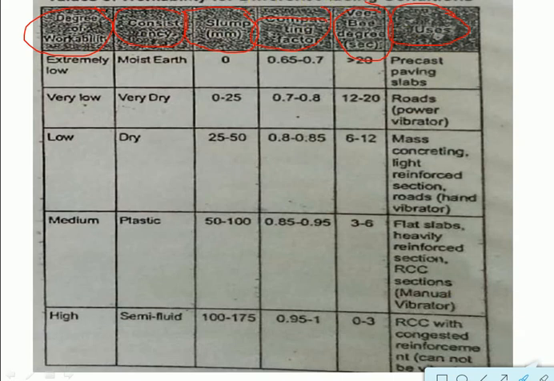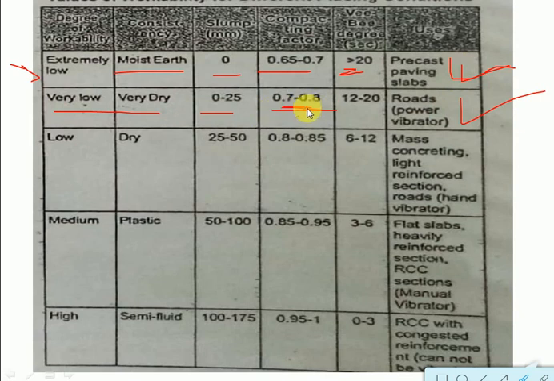Now in the 6 columns, first one, extremely low. If you are concrete having extremely low workability, that is moist earth, the slump will be 0 and the compacting factor is 0.65 to 0.7, and VB consistometer, that is more than 20 seconds, we have to use for precast pavement slabs. And for the second one, if there is very low or very dry, if the slump is 0 to 25, so the compaction factor is 0.7 to 0.8 and the VB time is 12 to 20. We will use that type of